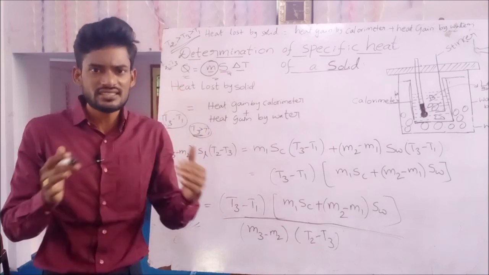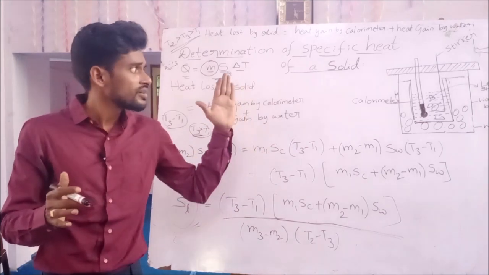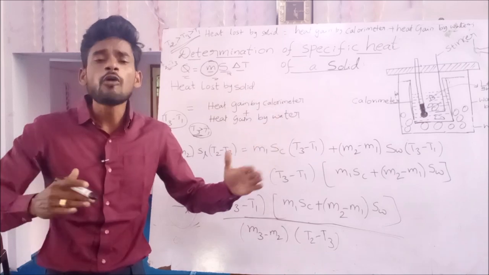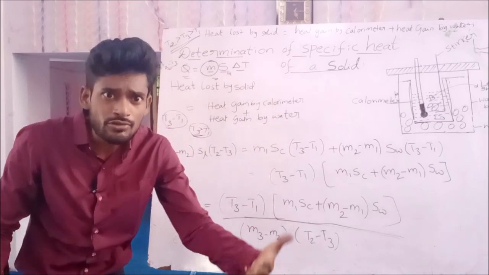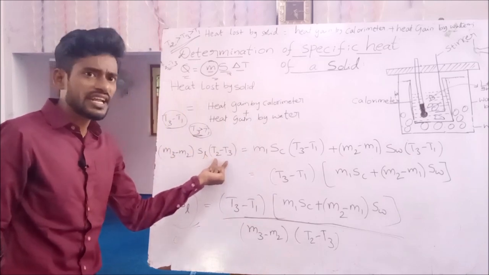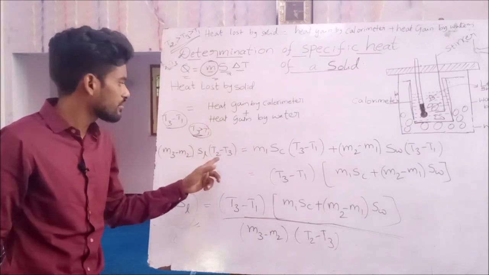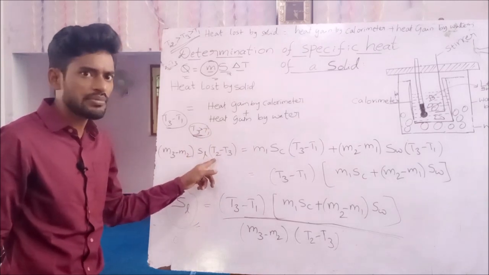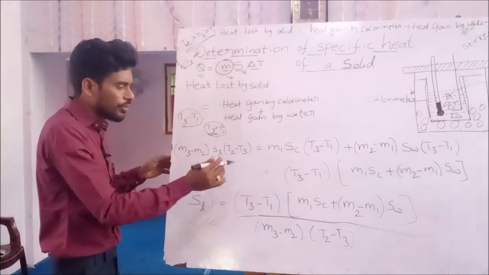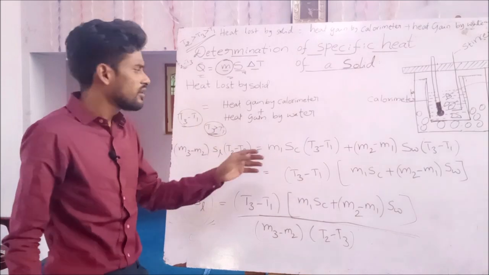Do remember, first the temperature change T2 minus T3, in order to know how much heat is transferred from lead shots to water and calorimeter. In order to know that, you have to subtract T3, that means the mixture temperature or final temperature, from the highest temperature T2. Why are we doing this? Simple: T3 is less than T2. Next,